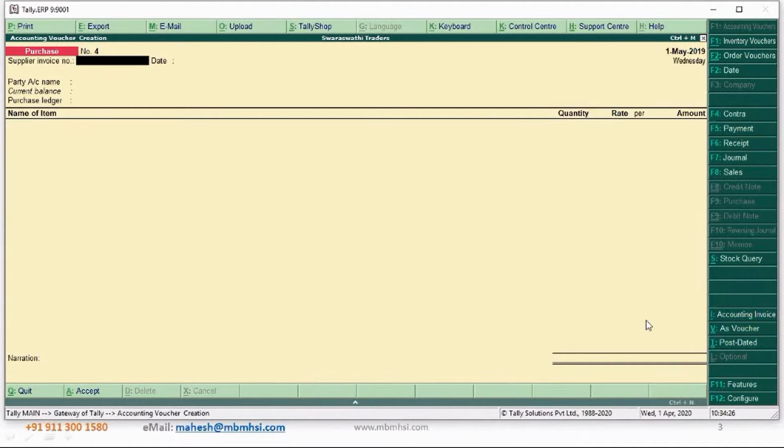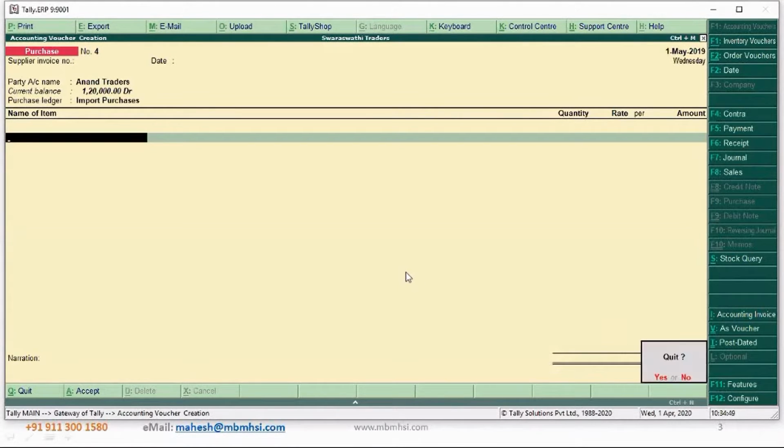If you are paying split or partial with the supplier, then you can add it as part of your purchase entry. Anyhow, you have an expense ledger called freight and forwarding charges. Just select that and make that part of your purchase entry. Okay, so this is clear. Hope this is clear with everyone.